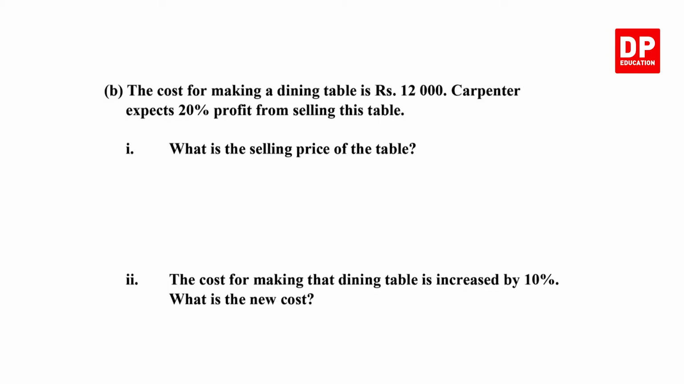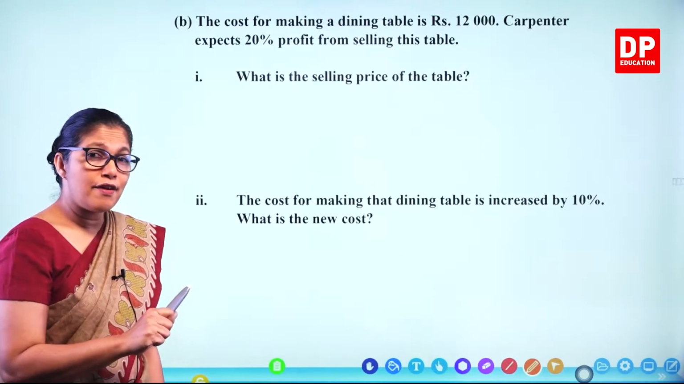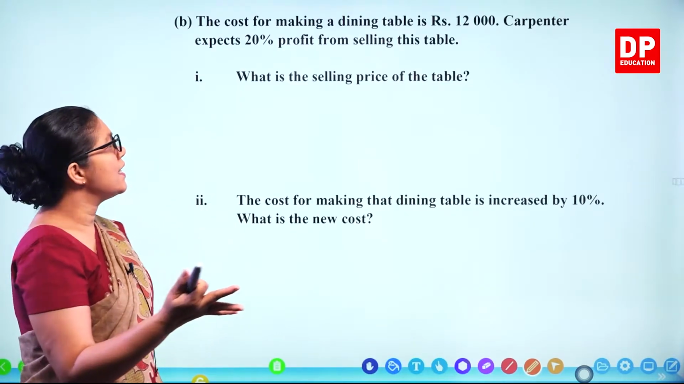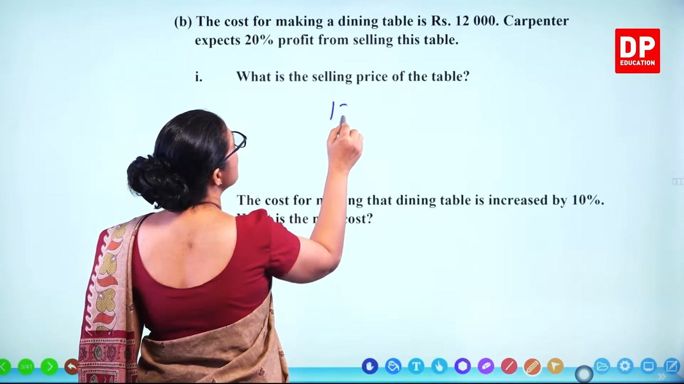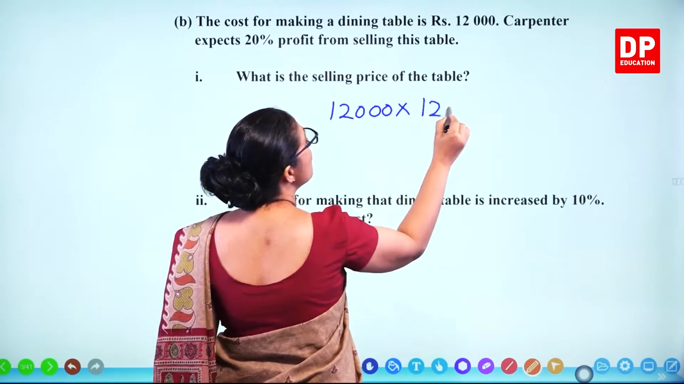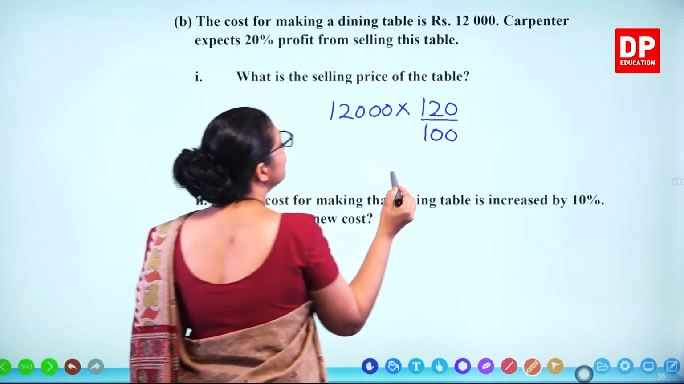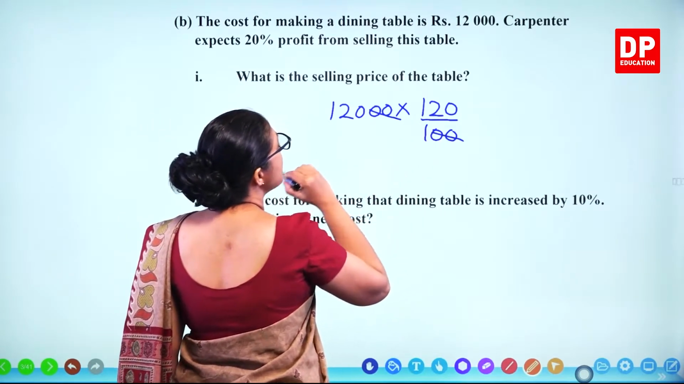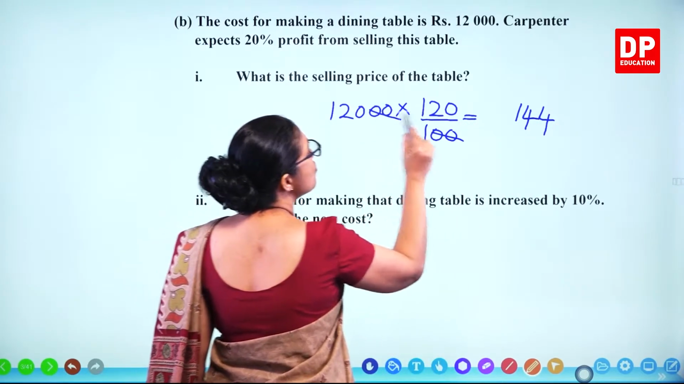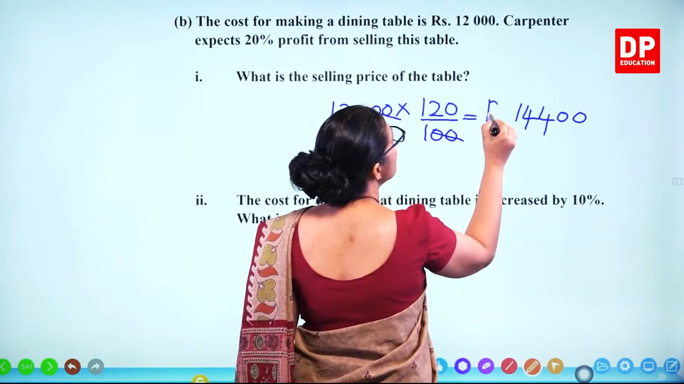Part B, the cost for making a dining table is 12,000 rupees. A carpenter expects 20% profit from selling this table. What is the selling price of the table? So if you buy for 100, if you want 20% profit, you have to sell it for 120. So likewise, if it's 12,000 rupees, then you have to sell it for 120 over 100. 2 zeros get cancelled out. 12 times 12, 144. And then 2 zeros are there. So you have to sell it for